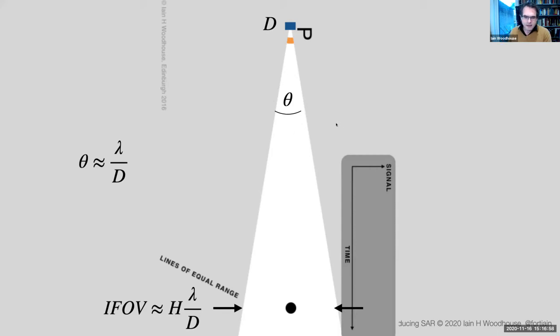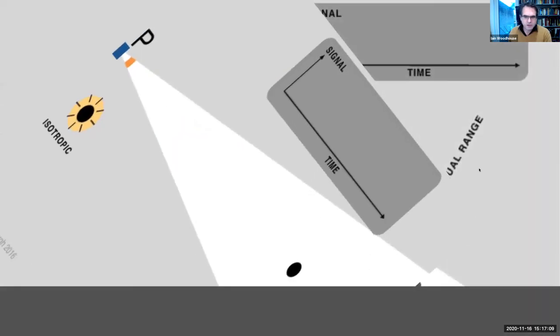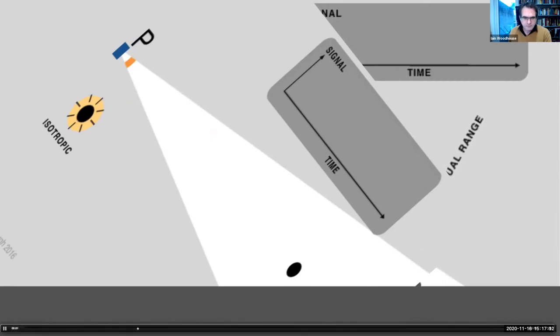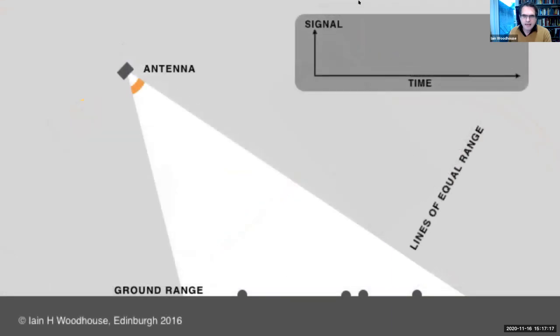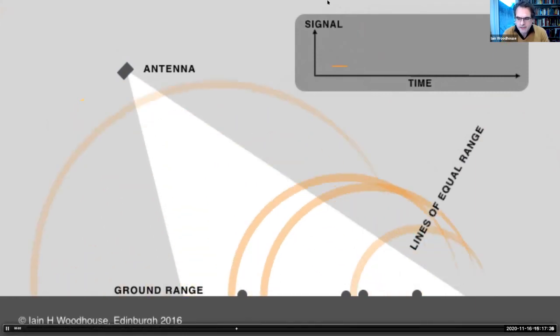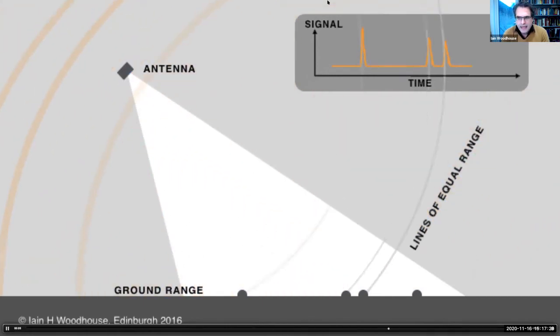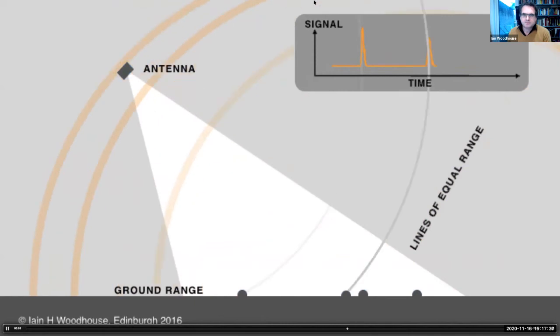So what we do is we take advantage of the fact that we can do range measurements really, really well, and we'll just look off to one side. So we'll look obliquely. And by looking obliquely, it means that our signal coming back is roughly in proportion to our distance along the ground. So we looked at this last week, that we've now got a system whereby we can take advantage of what we're really good at doing in radar, which is the timing measurements. And we can relate that to a